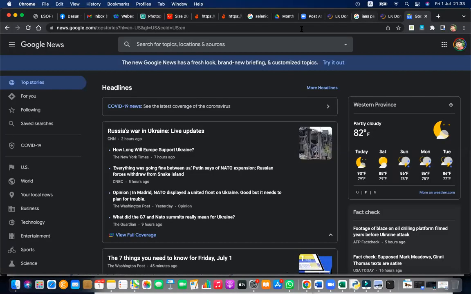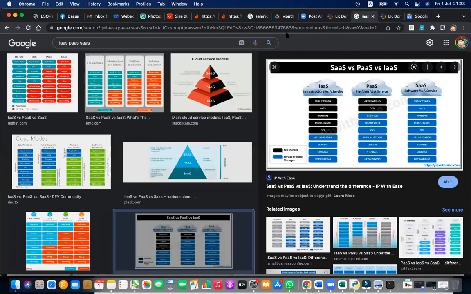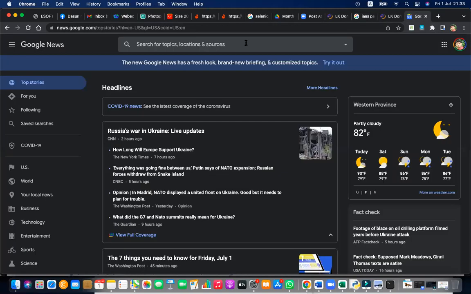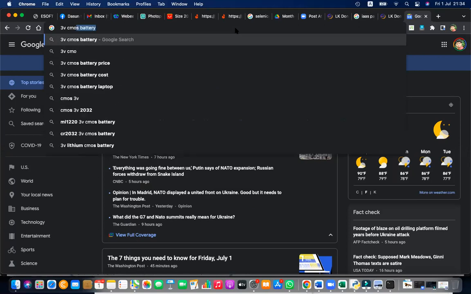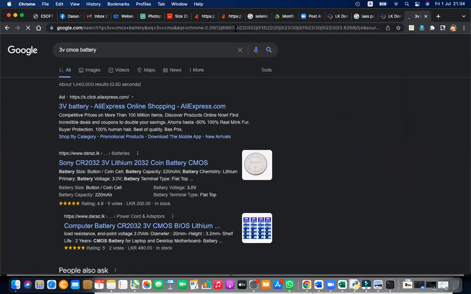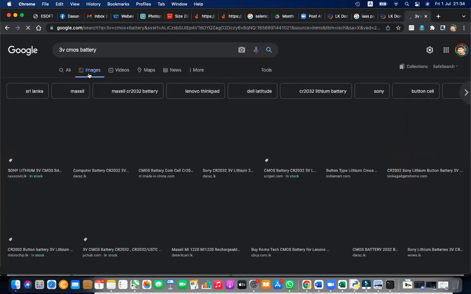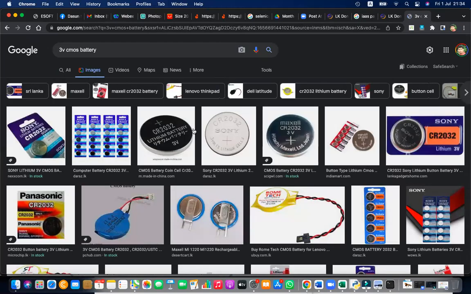You can replace your CMOS battery if the time is automatically changing. So this is the CMOS battery. It is like a 3 volt CMOS. It's not expensive. You can buy it for a few rupees. This coin cell battery, you can even order that from Daraz. It's a very small amount. So better buy a few more batteries, as you can use them for robotics and other tasks also.